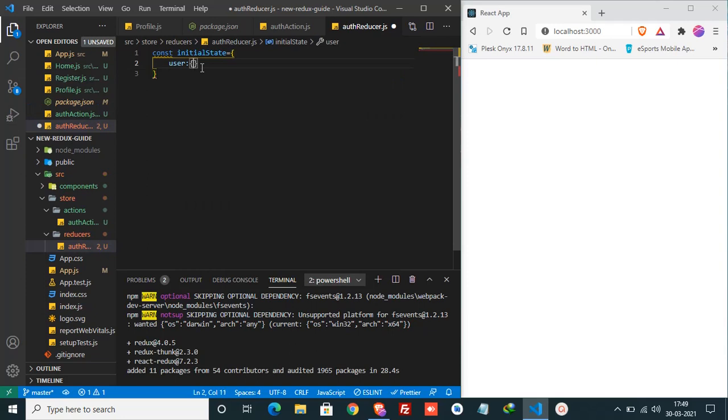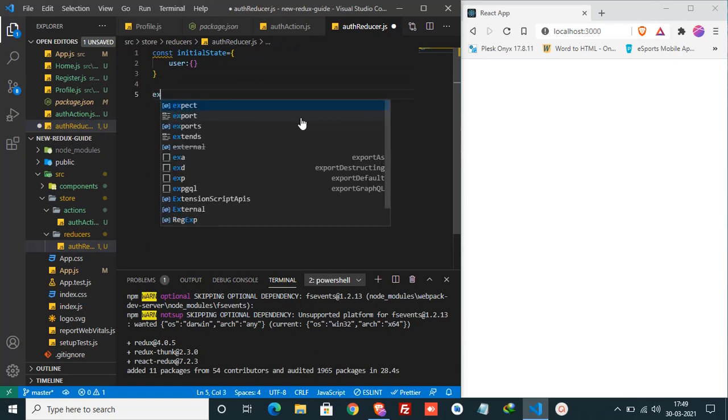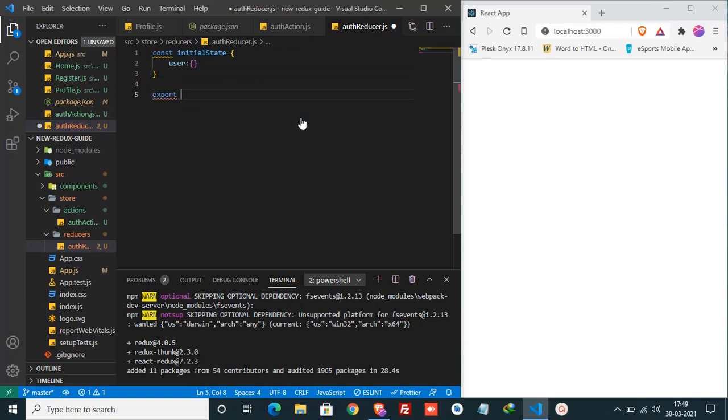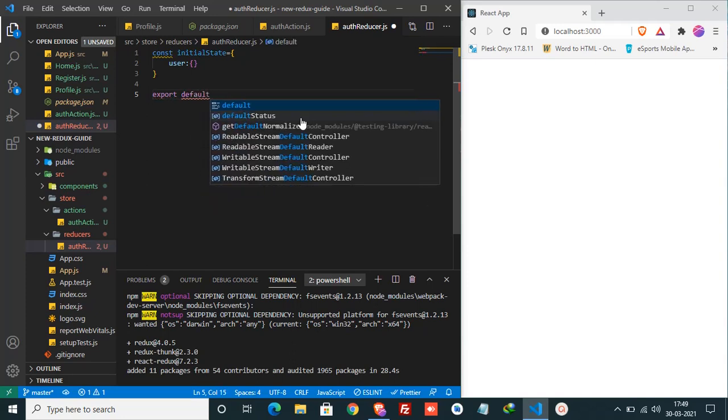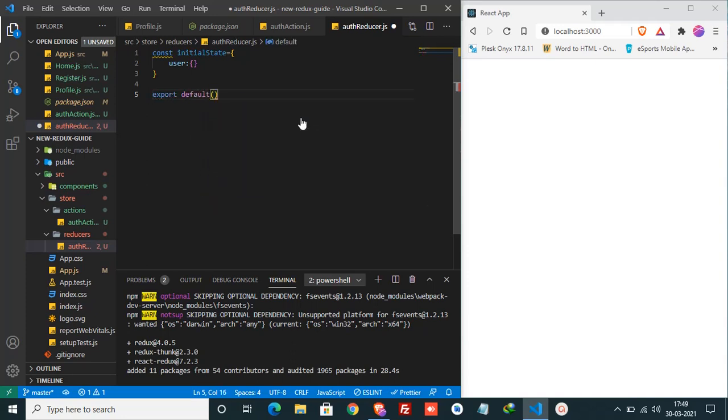Okay, I have initialized it as an empty object. So I'm exporting it in this reducer part. In any reducer that we create, you will export it as a default, or you can create multiple ones with a named export, but I'm creating it over here as a default export. In this export default, in any reducer that you will be creating,